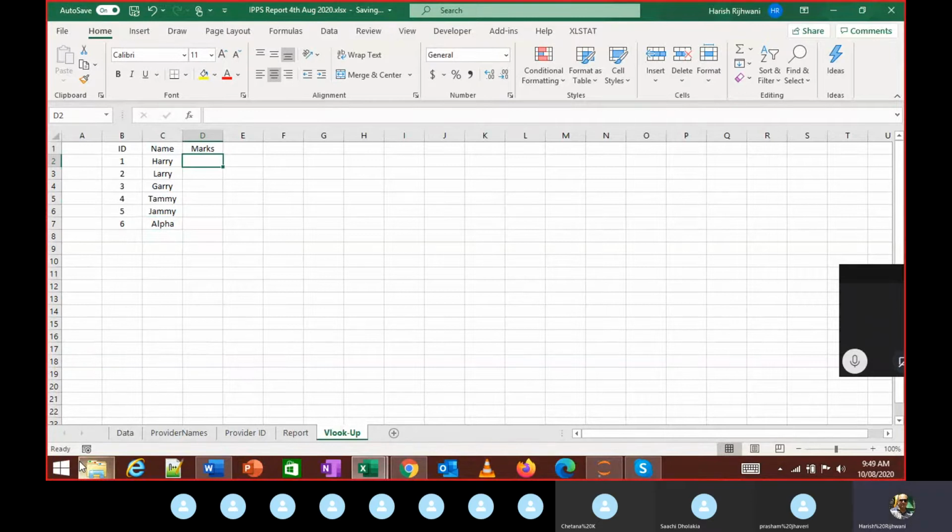Now I want to assign some marks over here. Either I type like this, I keep on typing, though it's easier because I have only 6 values over here.